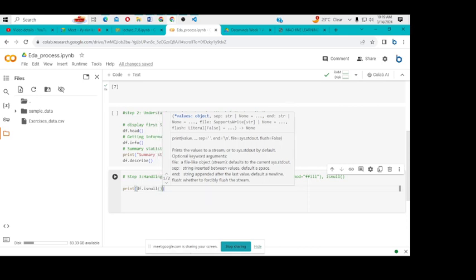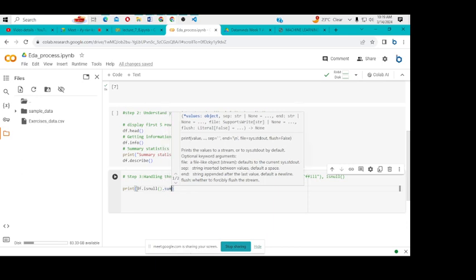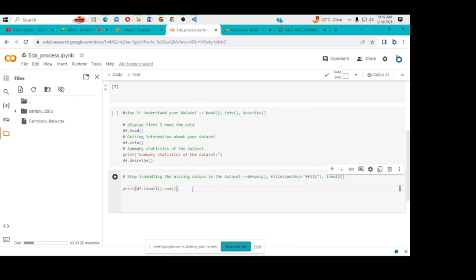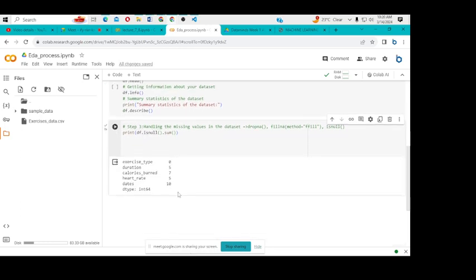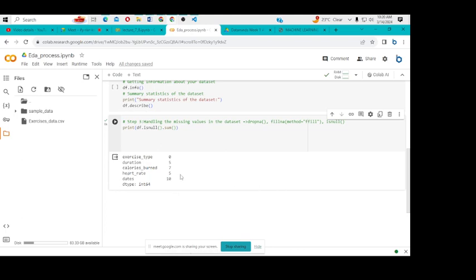I just want us to check the number of null values that we have in this data set of ours. So with just this line of code, we are going to get the df, and we are checking its null value, and we just want to take the sum of all null values. So if I try to print these out, you notice that I'm going to get